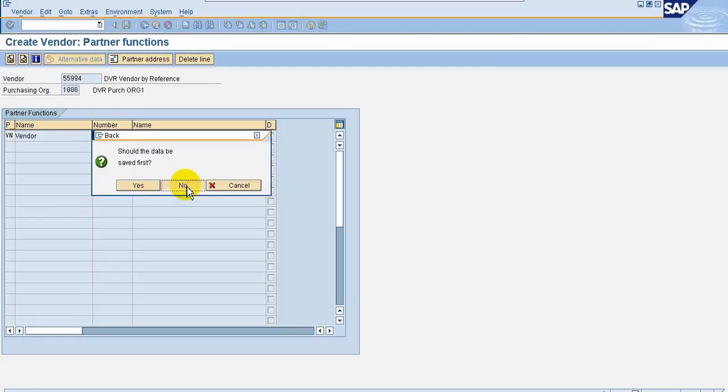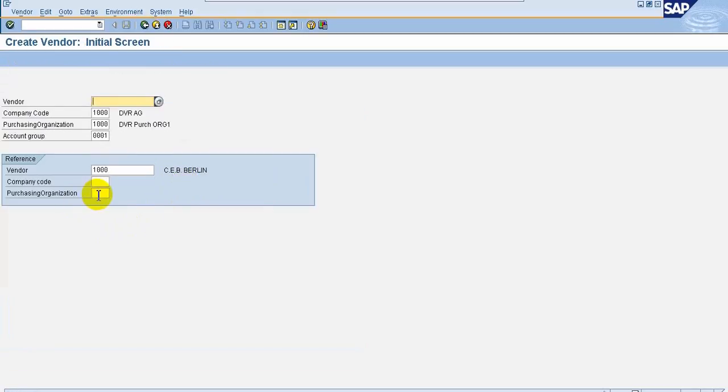No, I don't want to save. So now the company code also I will give. It is not necessary; it can be the same company, you can give a different one also, but in this case this 1000 is also in the 1000 company code only, and we are creating in the same company code. So now with the same number,